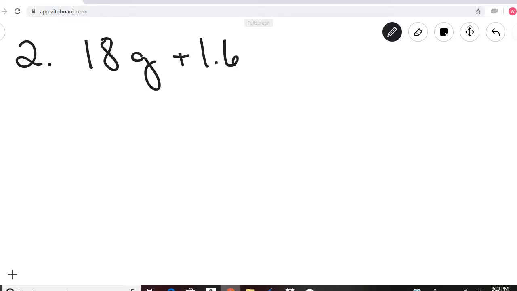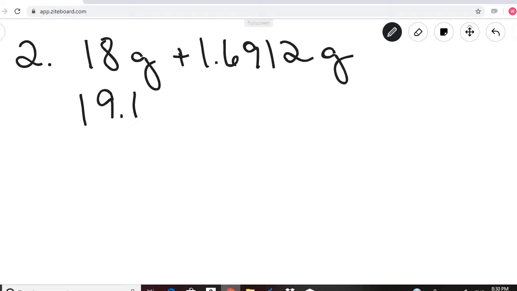Okay, number 2. What is the correct answer to the following equation? 18 grams plus 1.6912 grams. So if we just do the adding, we would get 19.6912 grams. We need to look at significant figures, and